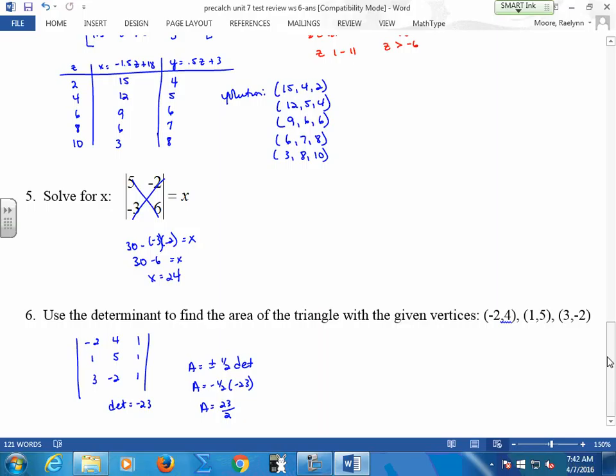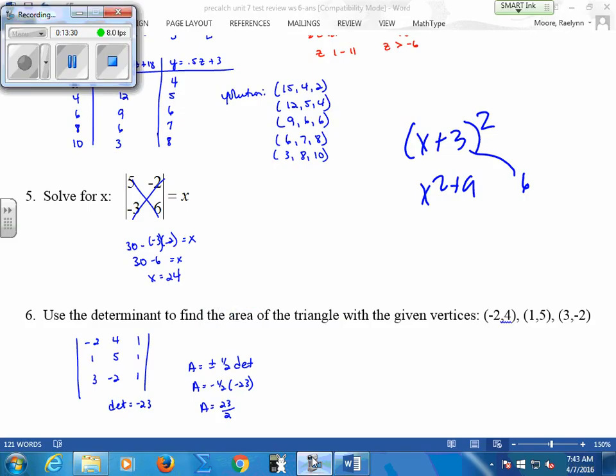And if it's a serious one, like you crossed out a variable, or you didn't distribute, or you did a square and you didn't FOIL it out, that's a major. Like if you did this, and you gave me x squared plus 9, that's a major hit. If you did the whole thing out and this came out to be 6 over here, that's a half a point. Again, with the bars, determinants, and use the determinant to find the area of a triangle. Don't forget to fill it with 1. Good? Yep. Not a lot of surprises on this. Oh, for numbers